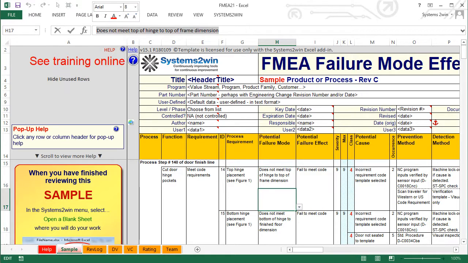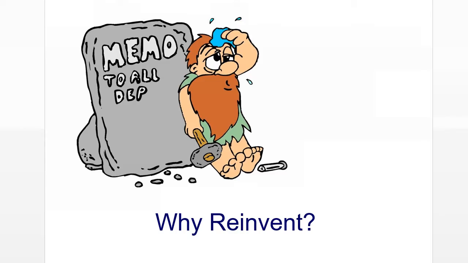In your Systems to Win template, that looks to a printer or a human being like it was a merged cell, but it's not. The data is still there, so you still do have all the functionality and power of Excel for filtering, sorting, copying visible cells, and pivot tables. So why reinvent?